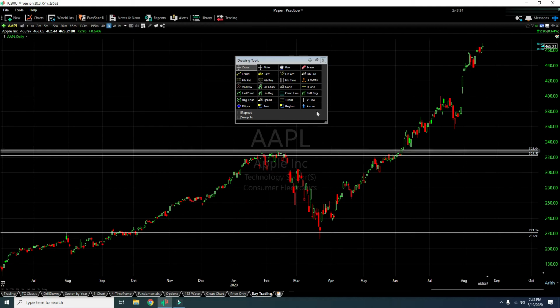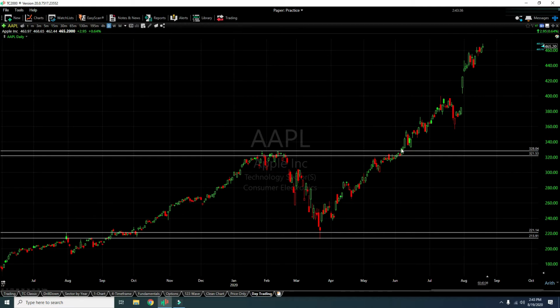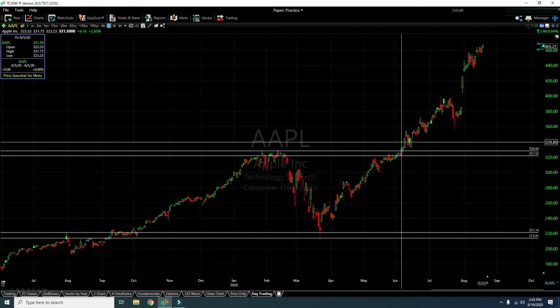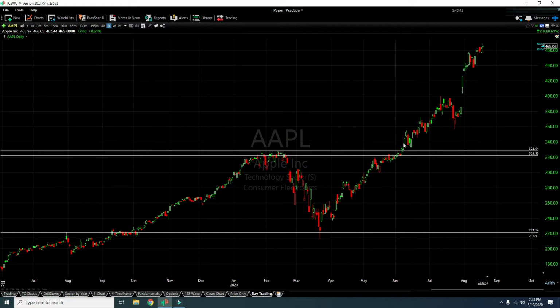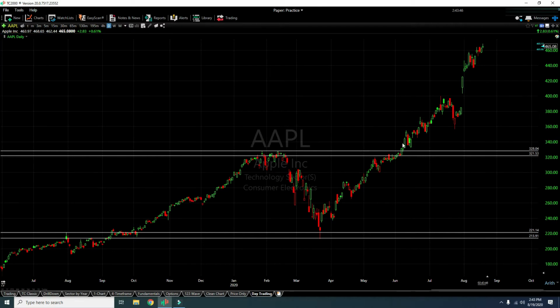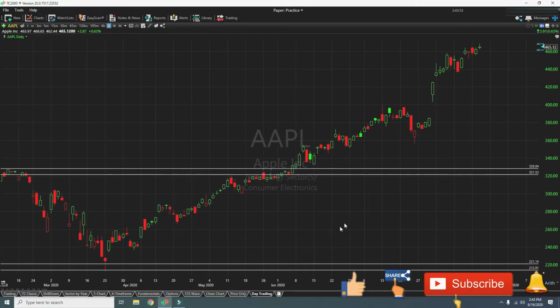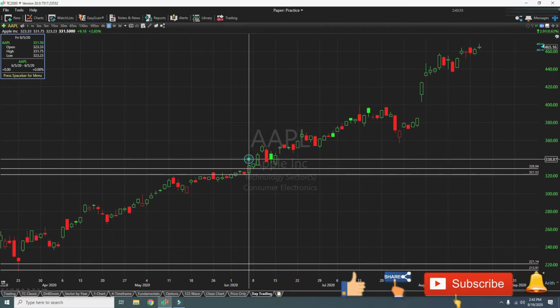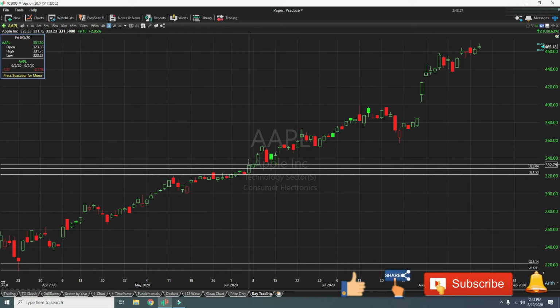So in this example, if you notice, a novice trader could be entering here, which is okay in this specific case because the next day the price did not break through the support area. But there are several instances where, when you have a single line, the price does break through. So let me zoom in and show you what I mean. So you see the price here. On the day of June 5th, 2020, Apple's price closed at $331.50.